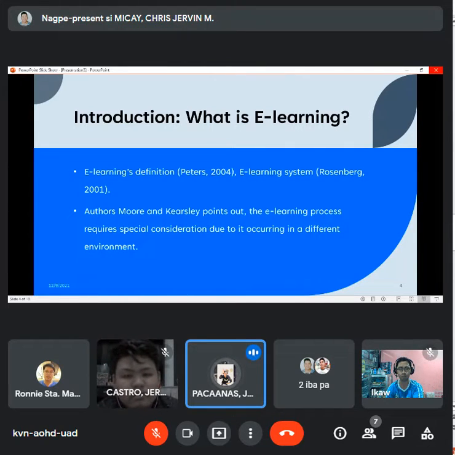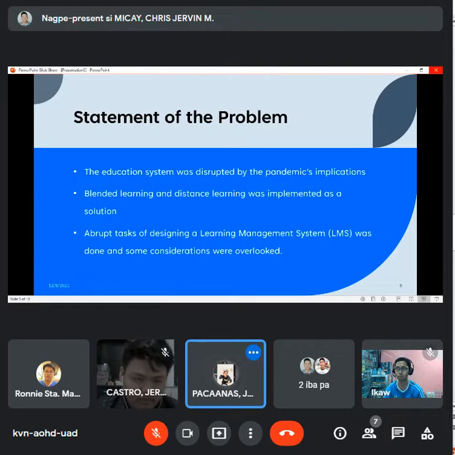And authors more inclusively point out that e-learning is a process that requires special considerations due to it appearing or functioning in a different environment compared to the brick and mortar environment that we had before the pandemic. So there are several factors that need to be considered in designing a learning management information system. Next slide. The factors that need to be considered are,